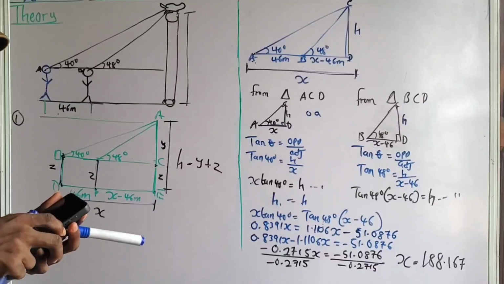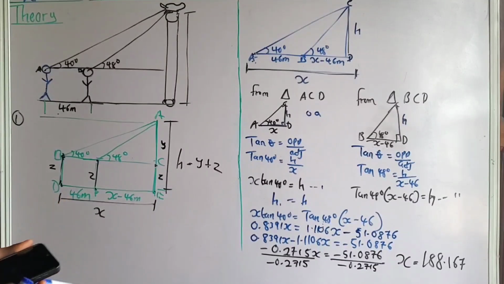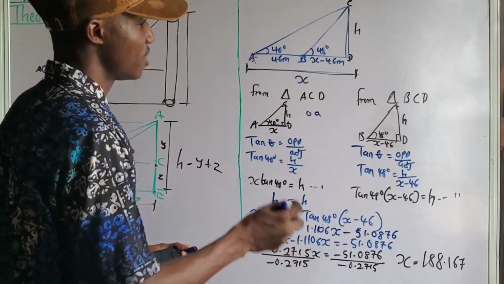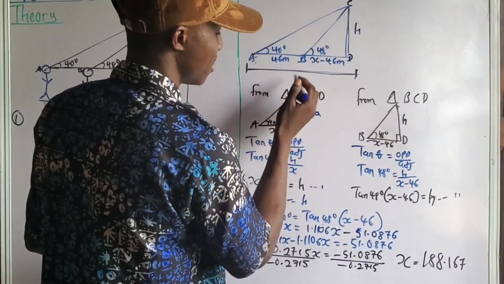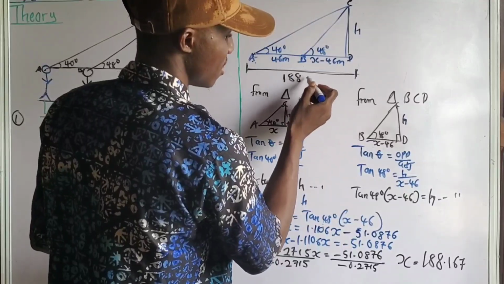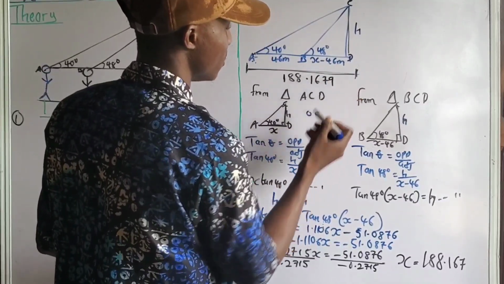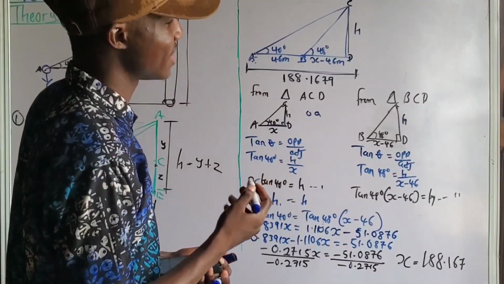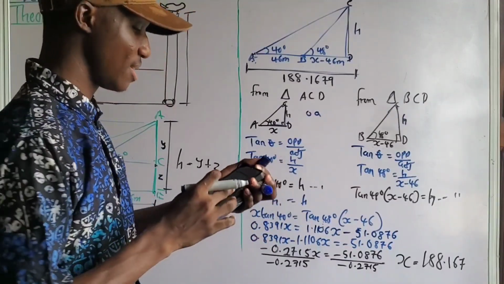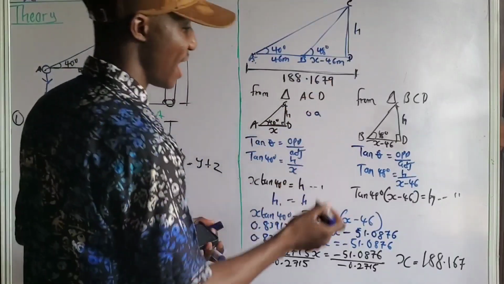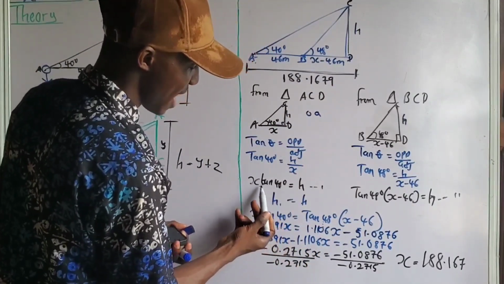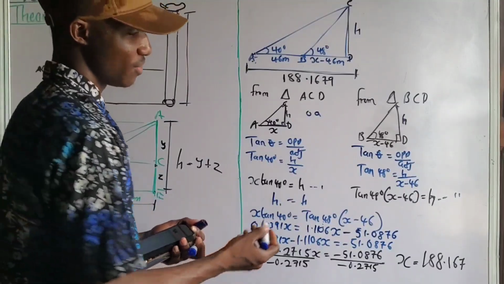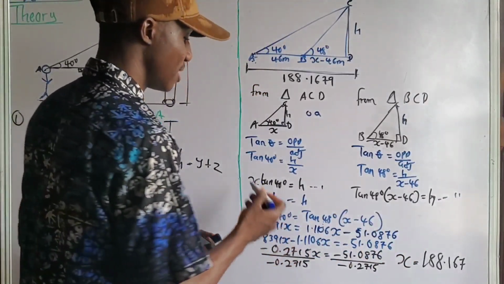The goal is to determine the height of the pole. To get the height of the pole, we have already gotten the value of x as 188.1679, but you can leave it in 2 decimal places. That is 188.17. Now, how do we get the height? Don't forget that the height is x tan 40 degrees. So we can use any of these two equations to get the height, but let's make